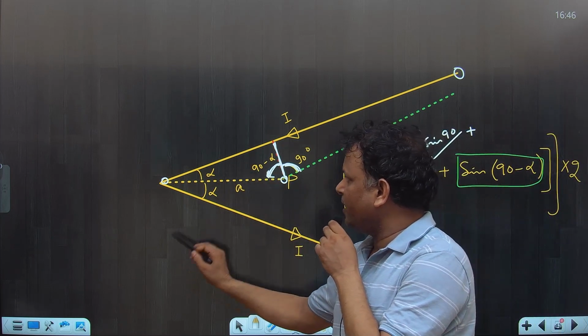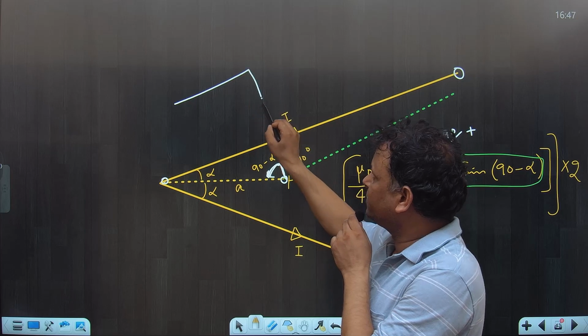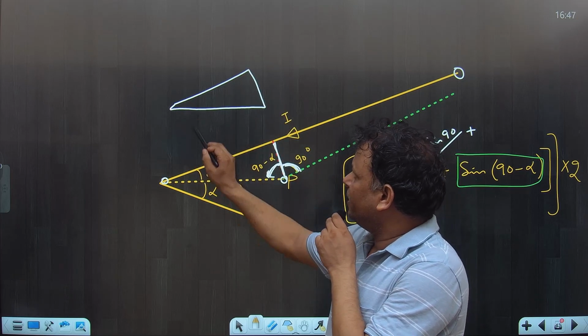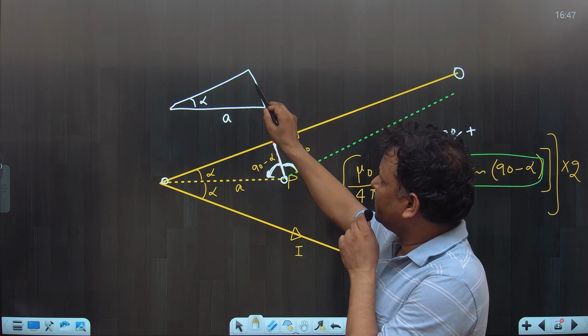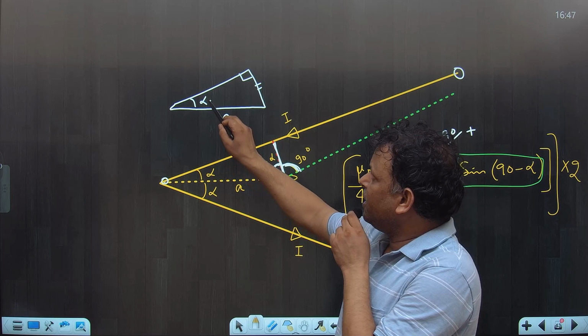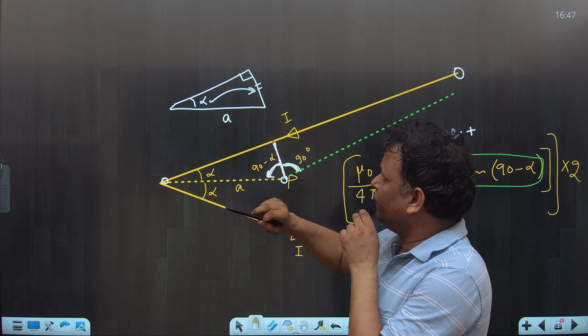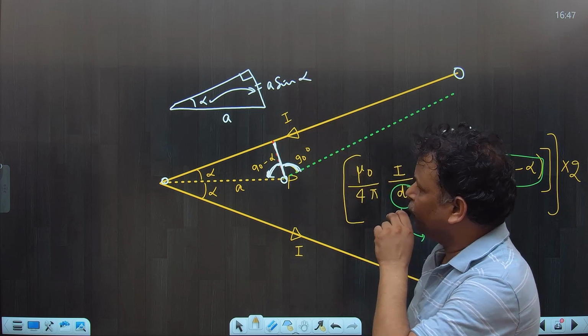So you have a triangle here, this is A, this is alpha. You have a triangle like this, this is alpha, this is A, so this is the perpendicular D, so this is 90 degrees. The side opposite to alpha is A sin alpha. As you know, you must know